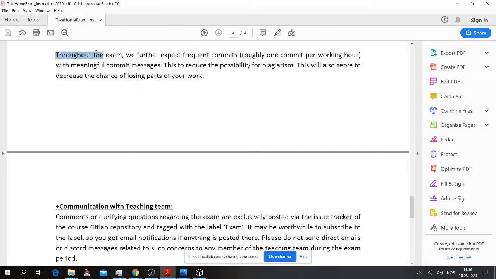And this one is important. We expect more commits now. It says roughly 1 commit per hour here. It's just something I've taken from earlier exams, but it doesn't need to be exactly that, but there should be something. Because it's very hard for us to check whether you could have someone doing all this work for you and make the commit the last day. So we would like to see a track record on this. And it's also sure to decrease the chance of you losing parts of your work, so make that happen.